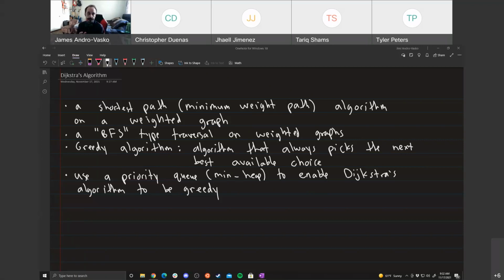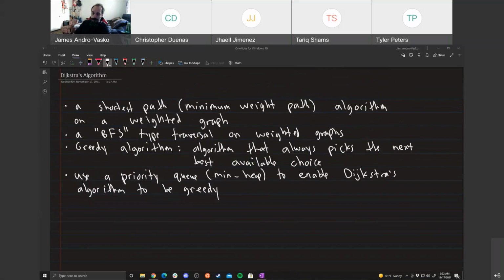So for BFS, we use a first in, first out queue to actually store the order. But here for Dijkstra, same idea, except we're using a priority queue instead of a first in, first out queue. That's like the only real difference between Dijkstra's and BFS. There are some more differences, but that's the real basic idea. So anyway, now let's go over